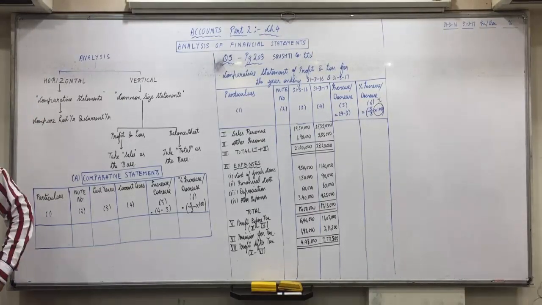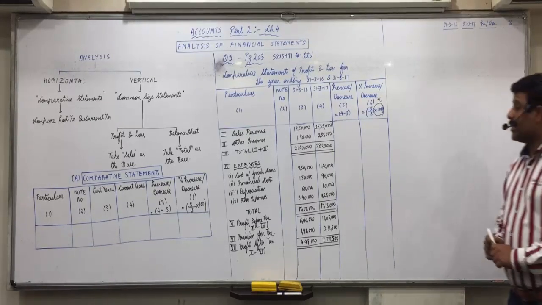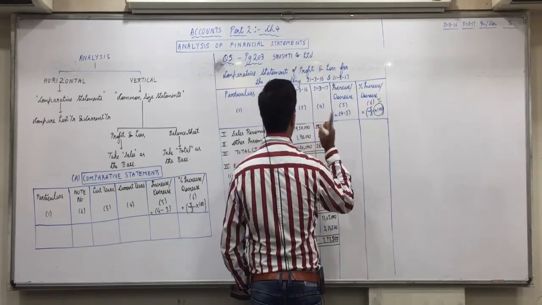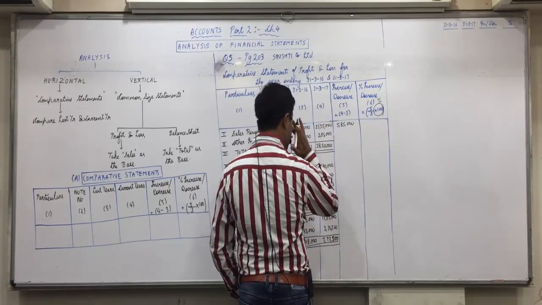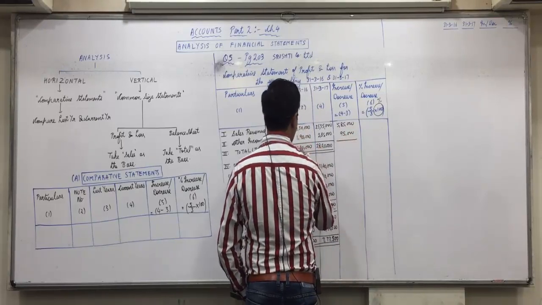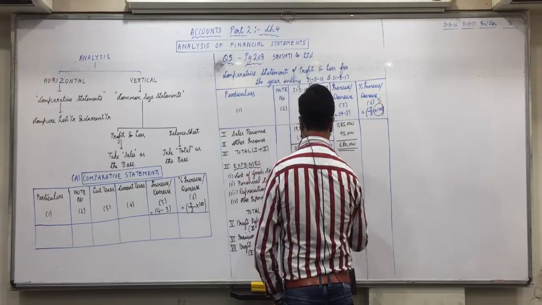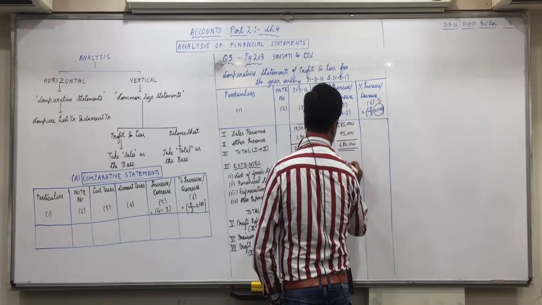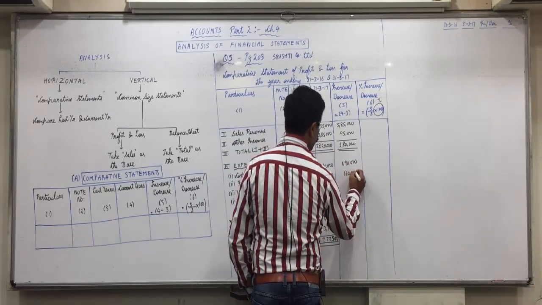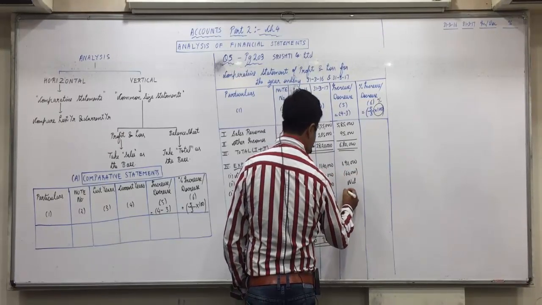Completed fast. Raise your hand who is still writing. Now increase or decrease. 25 lakh 35,000 minus 19 lakh 50,000, so 5 lakh 85,000. 2 lakh 85 minus 190, so 95,000. Yes. 28 20 minus 21 40, 6 lakh 80,000. 1140 minus 950, 190,000. 90 minus 150, minus 60,000. 60 minus 60, nil. 425 minus 340, 85,000.